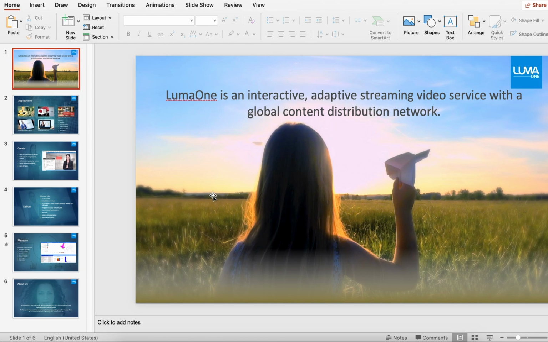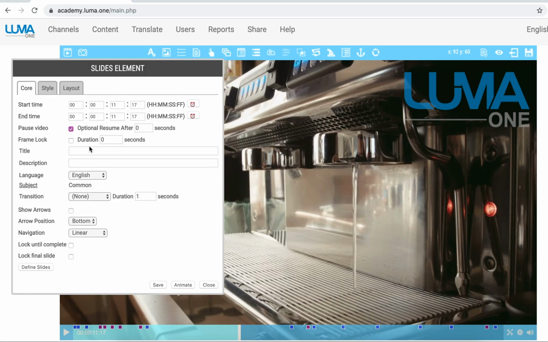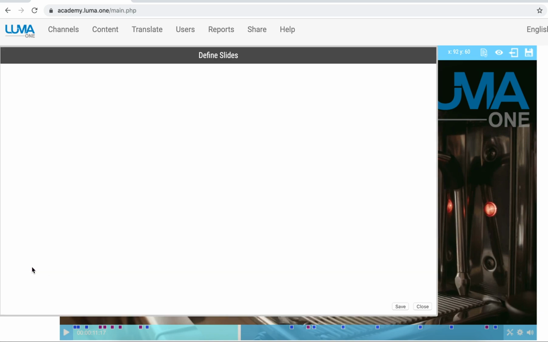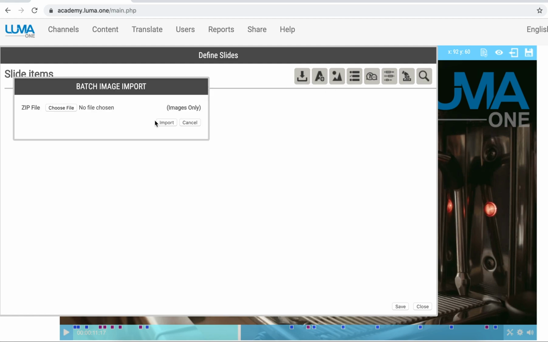You'd simply have to then zip this file, go back into your LumaOne site, and on the authoring navigation, click Add Slides. So here we provide a title, description, and I can click on Define Slides to bring in either a batch import of slides, or I can create new slides on the fly here by adding text, images, different question types, or searching to reuse elements to add to my slides. So in this example, I will first batch import my PowerPoint presentation, which I have saved